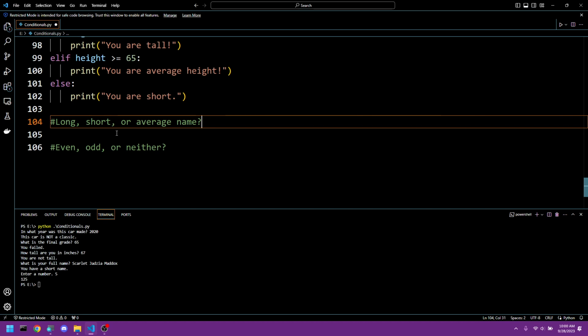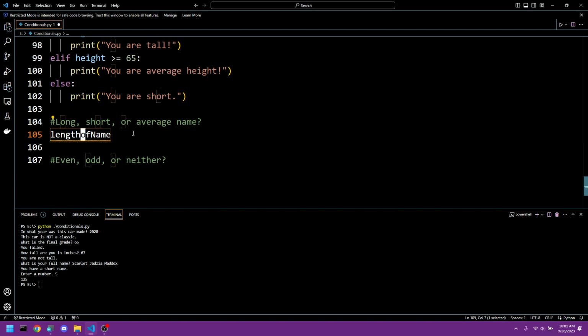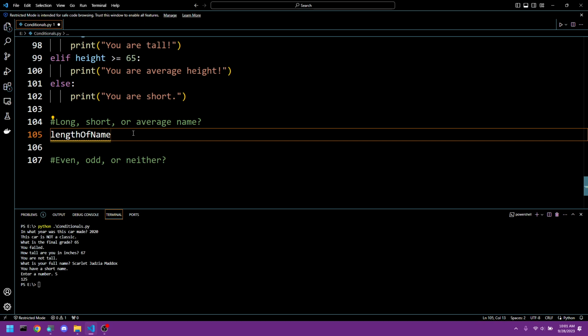could do this. We could condense our length operation, since we do need to use it before we do our if-elif-else chain, because we're referencing it multiple times. Instead of running that calculation more than once, we just store it somewhere. So we do length of name. This is an option. It may not necessarily be the best thing to do, but it is an option. You have to use your best judgment to decide whether or not this is the right way to go about